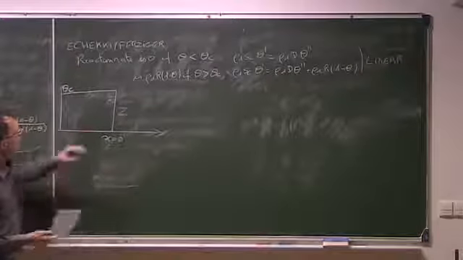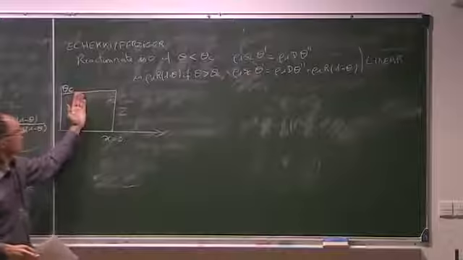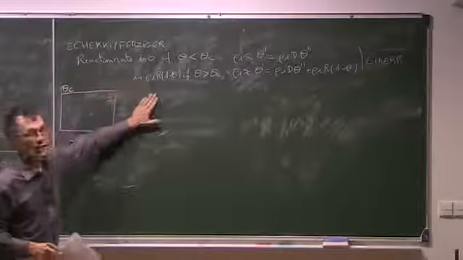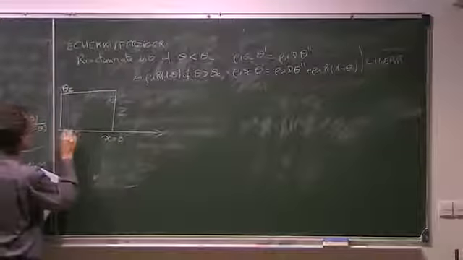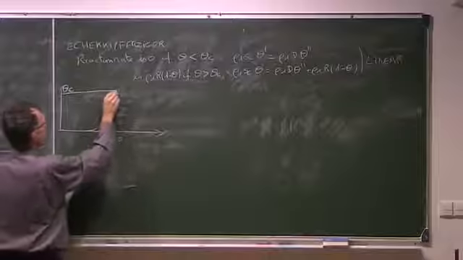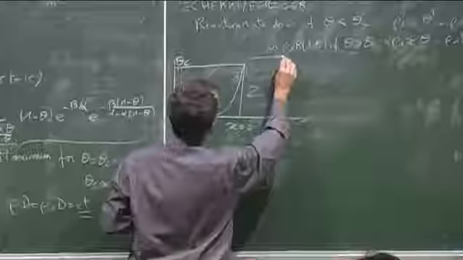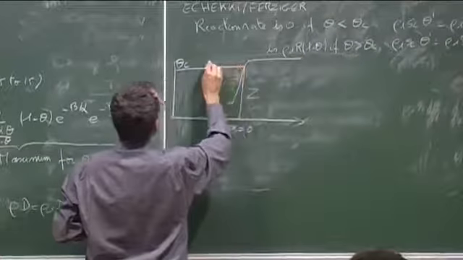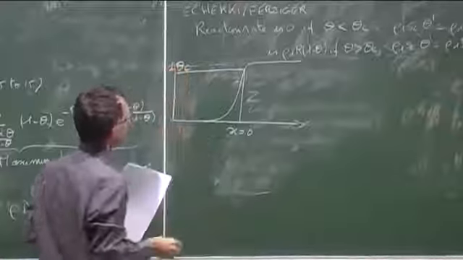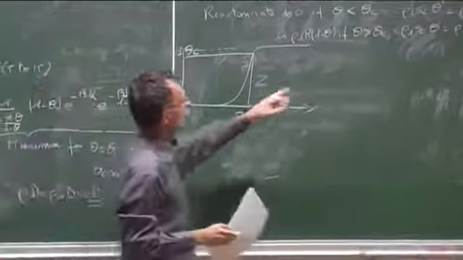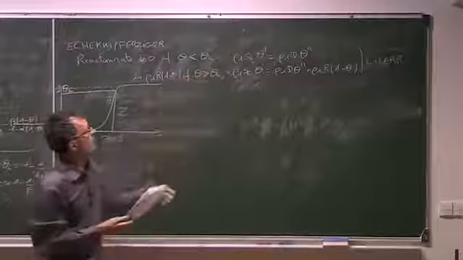Which means basically I'm going to solve this equation on this side and this equation on the other side. The temperature will go like this. It will go up to theta critical, and then it will continue to go up to 1. Here I have unity. So let me first solve the equation on the left-hand side.